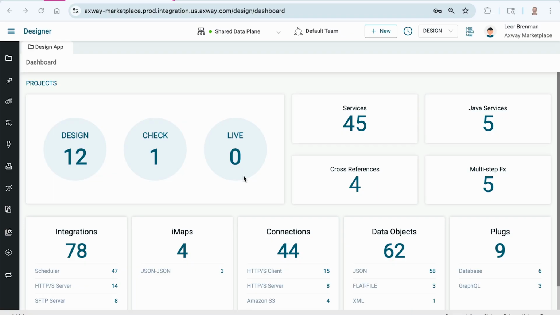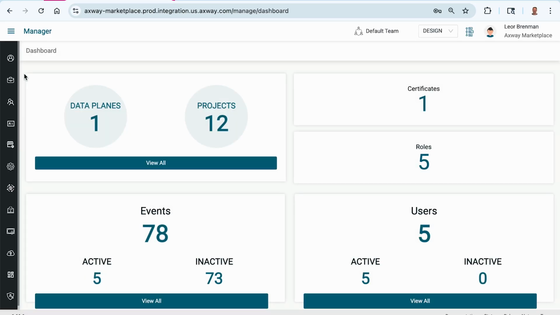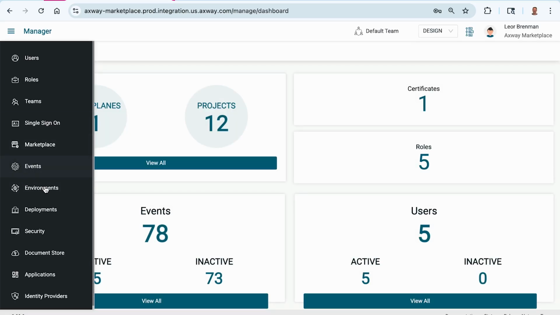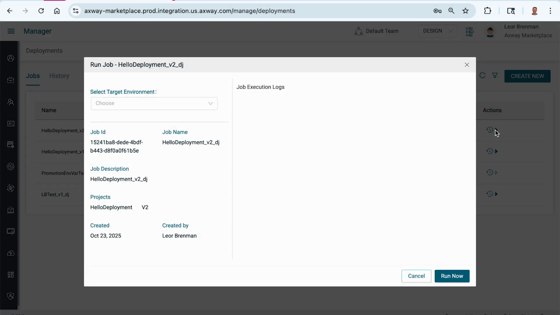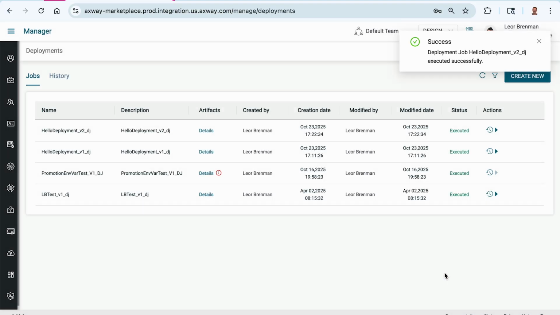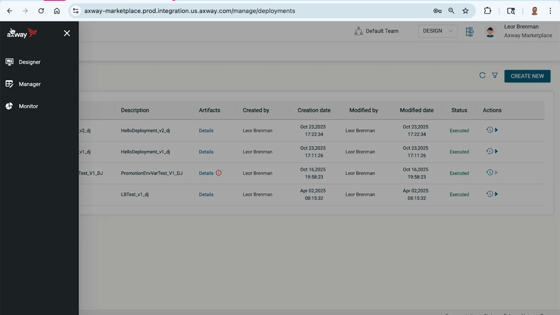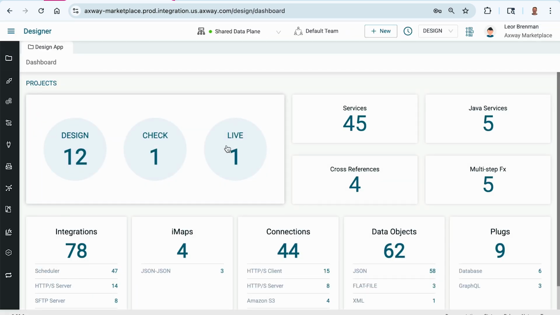And again, we have no projects in live, as you can see from the designer dashboard. So a deployment manager can come in to the manager module and go to our deployments to find our deployment job for version 2, because that's the version that we want to deploy into live. So if I run it, the last time we deployed into check, this time we're going to deploy into live. And that was successful. So if I go back to the designer, I now see I have a project in